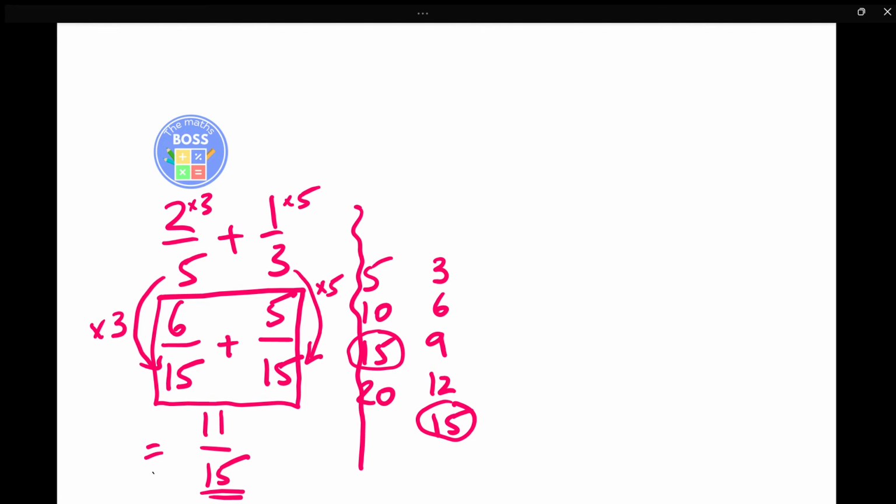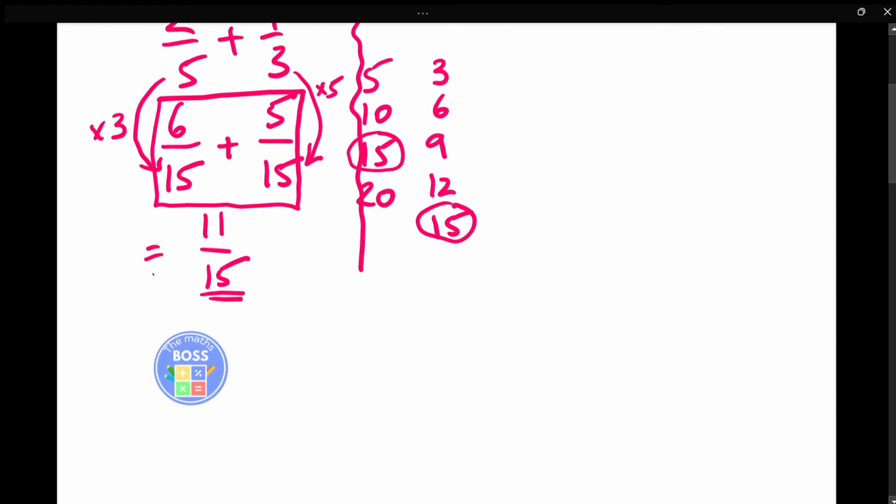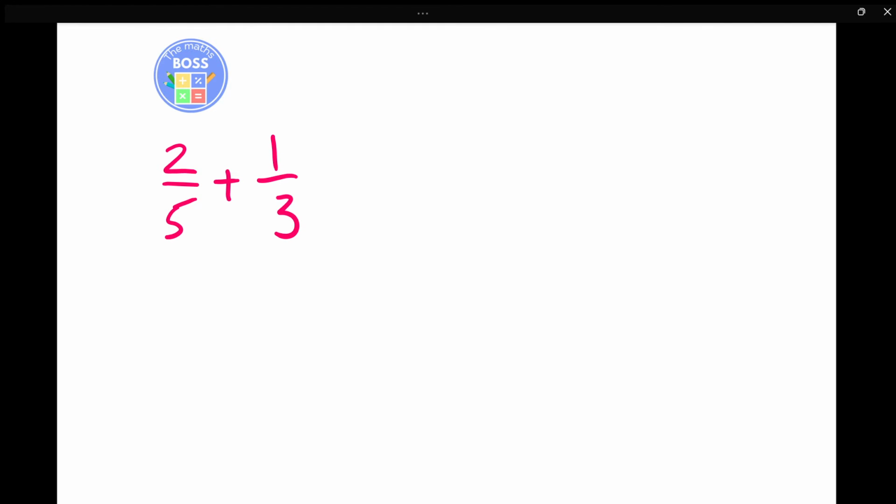Let's have a look at the second method on how to add two fractions. The next method, again, is making the denominators the same. So let's use the same question to keep some consistency. 2/5 add 1/3. So again, to make the denominators the same,